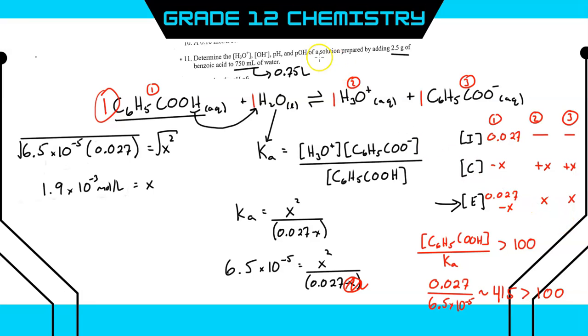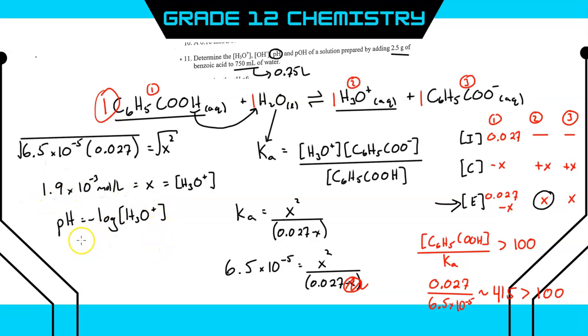But since I want to know pH, I want the equilibrium concentration of hydronium, which is just X. So I can now calculate pH as minus the log of our hydronium concentration, which is 1.9 times 10 to the minus 3 moles per liter. And when we plug that into our calculator, we get a pH of